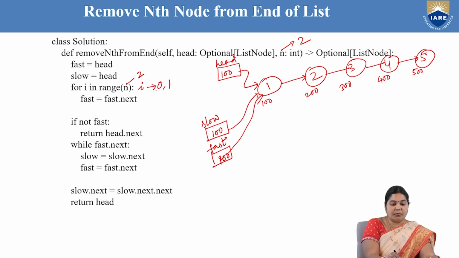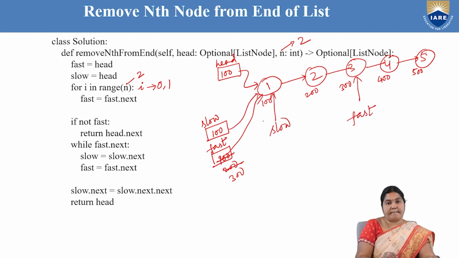For i value 0, fast I have to update to fast of next, so it becomes 200. Again for i is equal to 1, it will update to 300. That means when this loop is over, my fast pointer is here and my slow pointer is here. Right? Now, the second part of the code is if there is only one node,